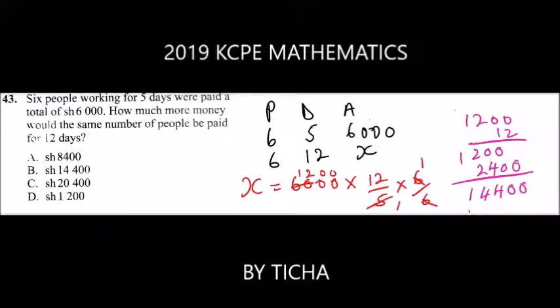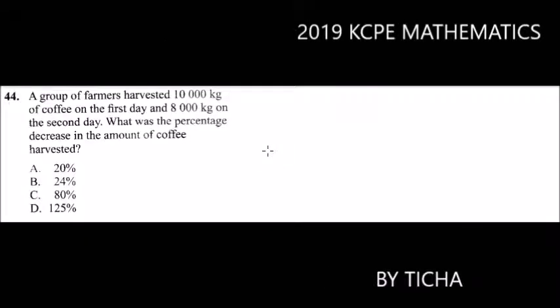Coming to the answer, you realize that the correct answer is B, so you shade that answer as a correct answer. Question number 44. A group of farmers harvested 10,000 kg of coffee on the first day and 8,000 kg